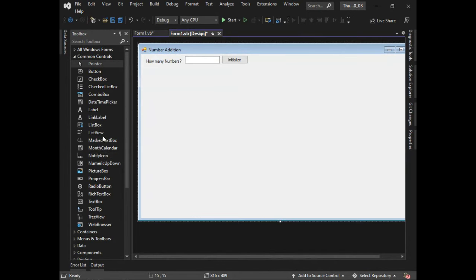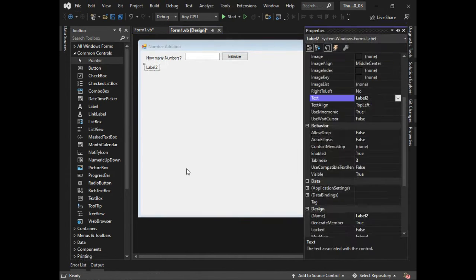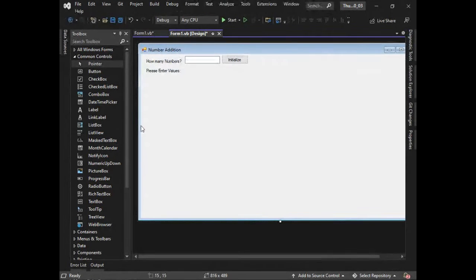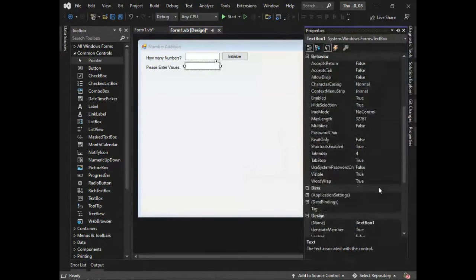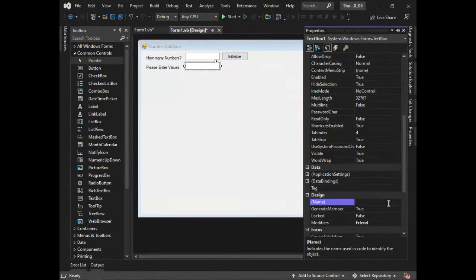Then have another one, label. And this one shall say properties. Please enter values. Leave it at that. I will need a text box for that as well. And properties, I'm going to change the name property of it, call it txt values,